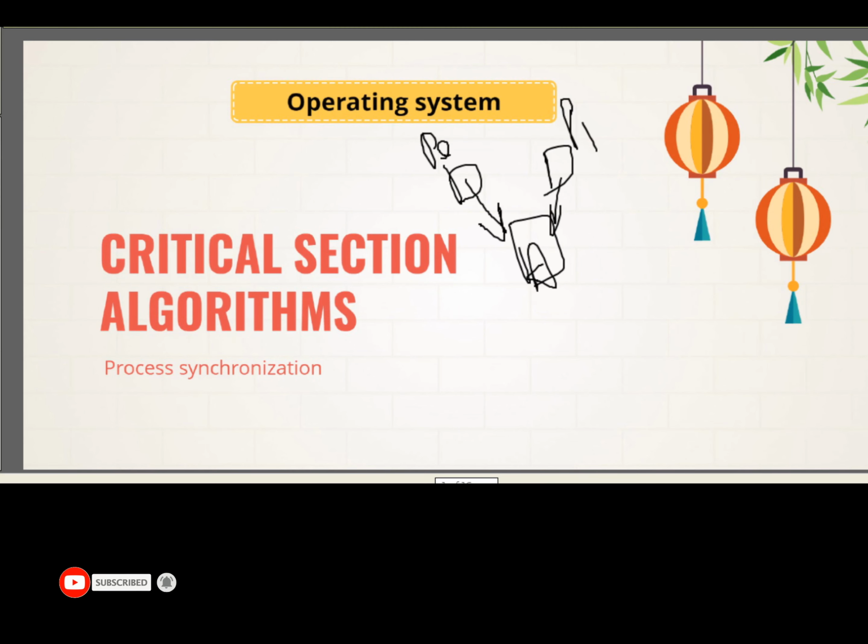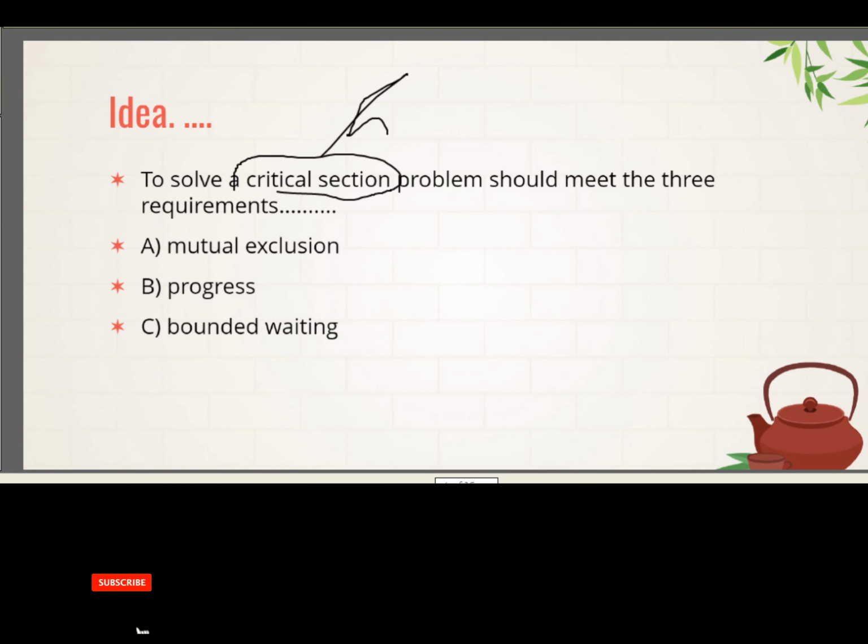In a critical section, at a time only one cooperative process should be in its critical section. What is a cooperative process? A cooperative process is one that has to share something in common. So when a process is executing in its critical section, it enjoys exclusive access to the shared resources.